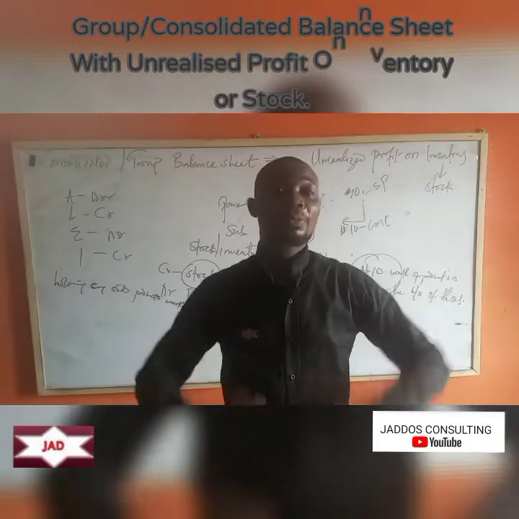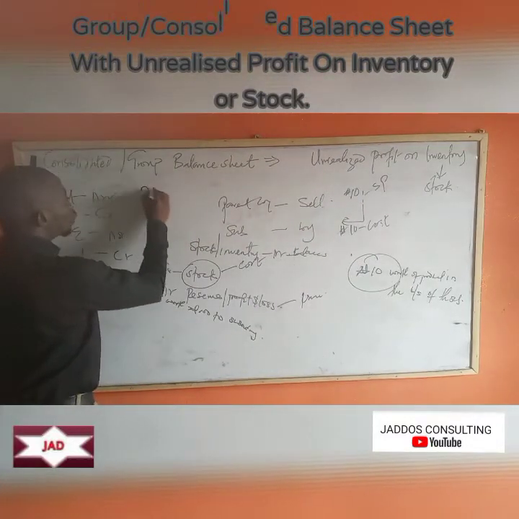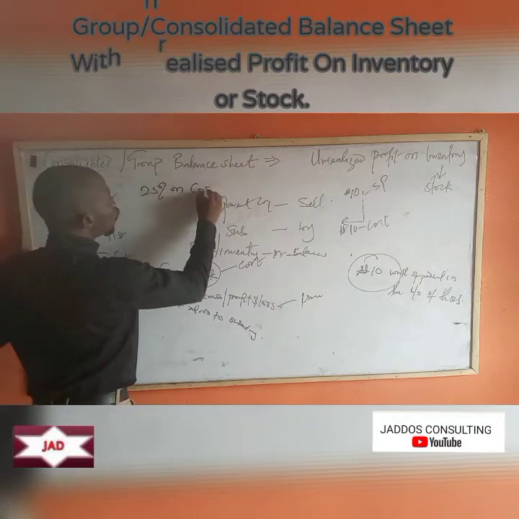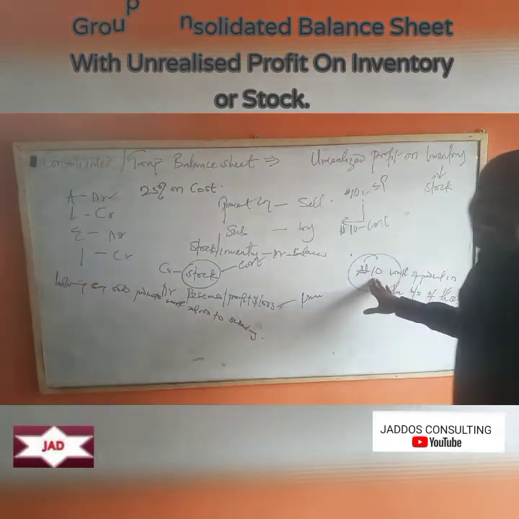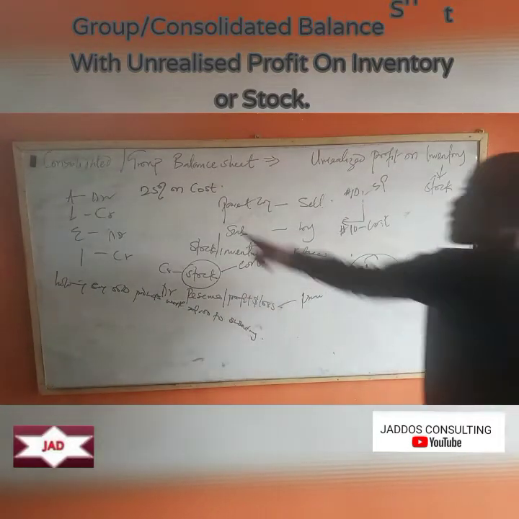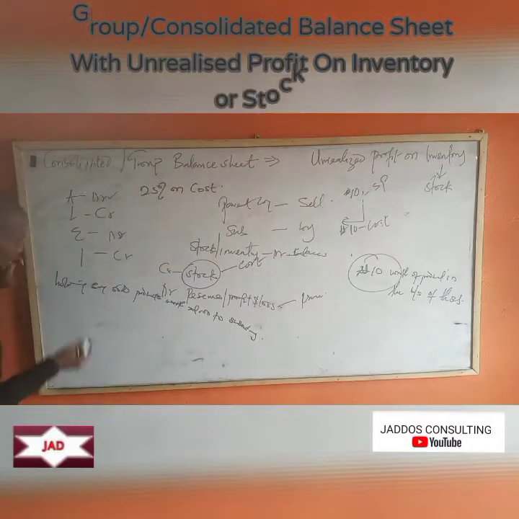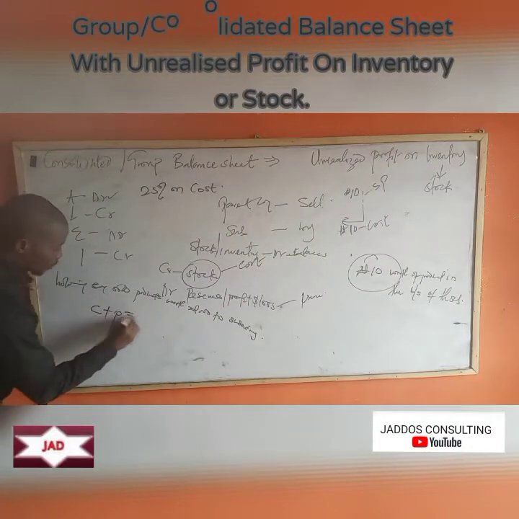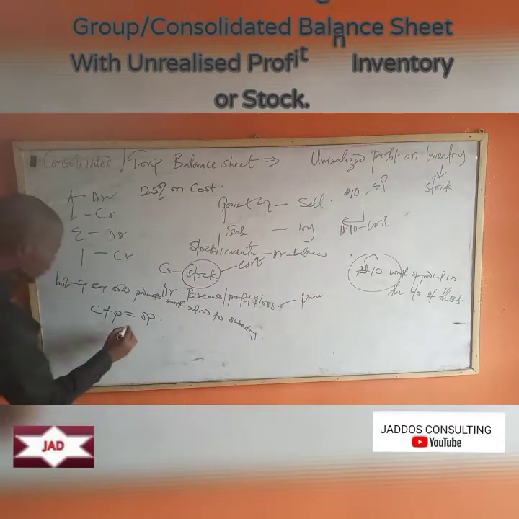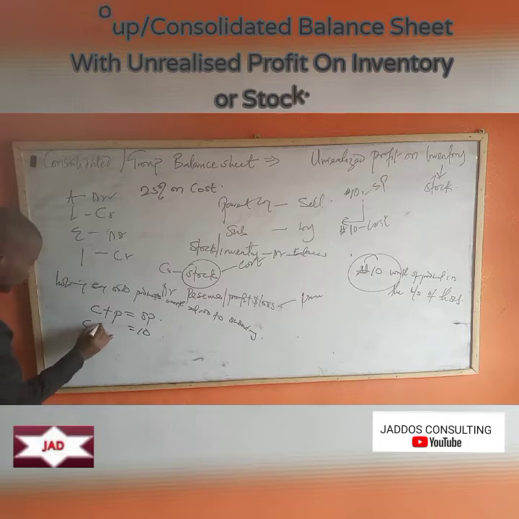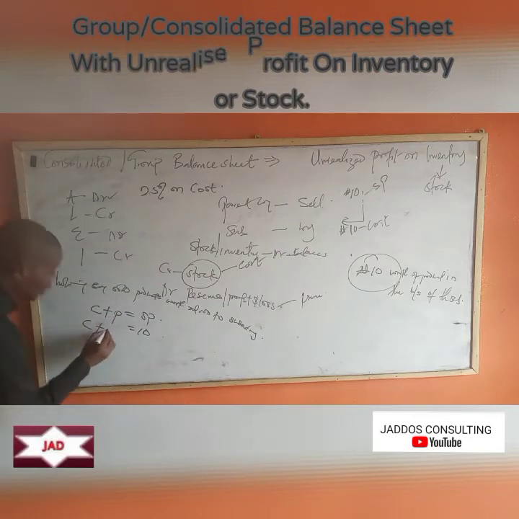What is the profit policy? Let's now say that the holding company maintains a profit policy of 25% on cost. So that means this 10 naira has the cost price of the product plus 25%. So what do we do? With our simple mathematics, we can say that the cost plus the profit is equal to the selling price, right? We have the selling price to be 10 naira. So this is the cost, but we don't even know the profit. Profit is 25% of the cost. So that will be plus